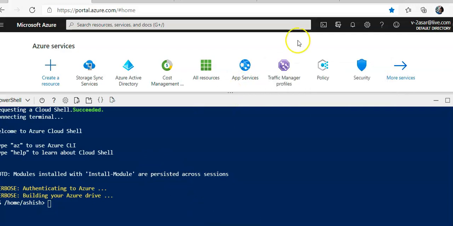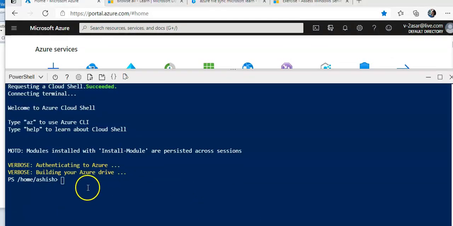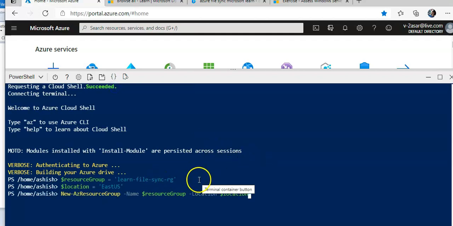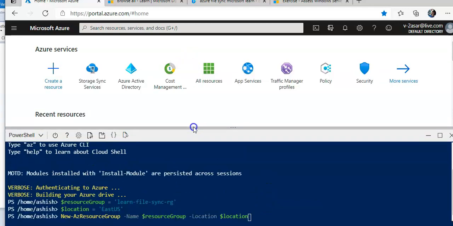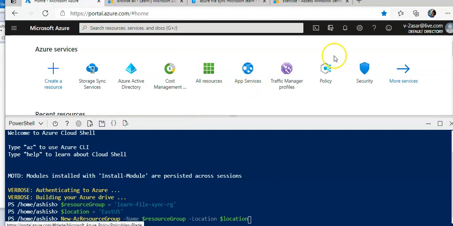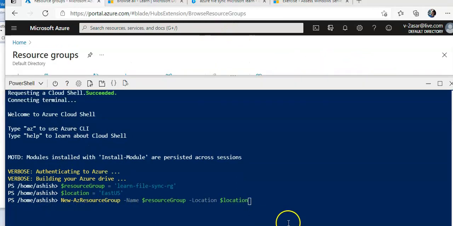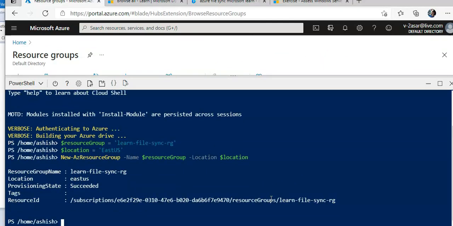Here it is. Let me paste the command. So resource group. No resource. I'll select mine. No problem, I'll go with this one. Okay, so the learn file sync RG is created.